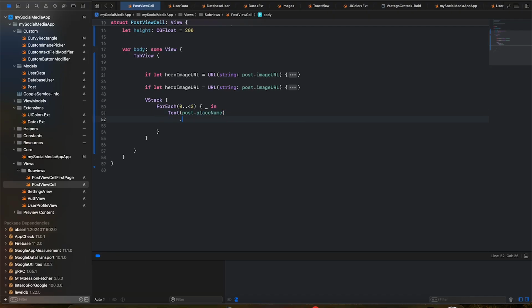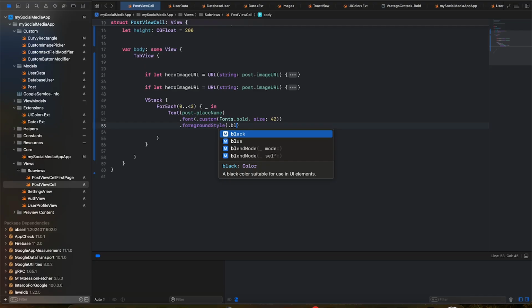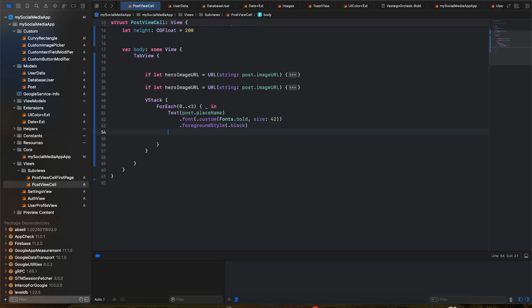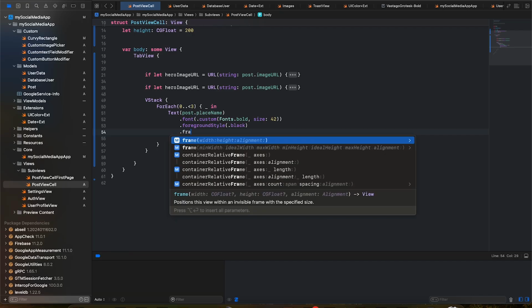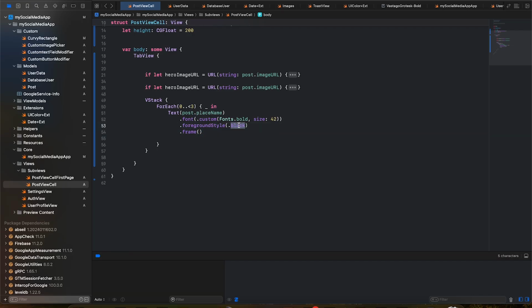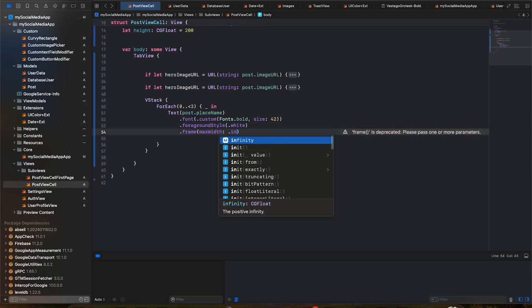So this is there. Then we can add the font dot custom, and custom would be fonts dot bold, and the size would be, I guess, 42 or something, or you can give it 40 as well. So foreground style would be black. Then we can have frame. How about, I was thinking that if we do foreground white, and inside the frame we have max width of infinity,